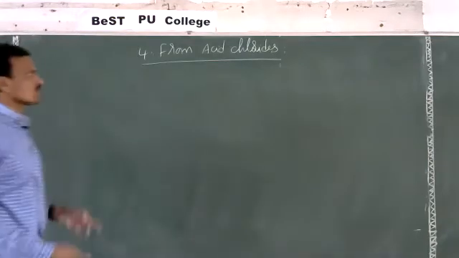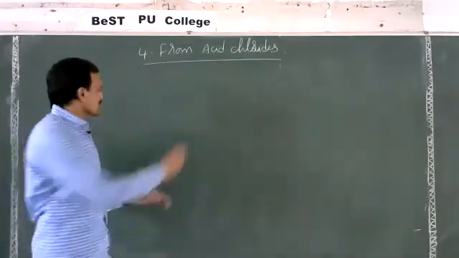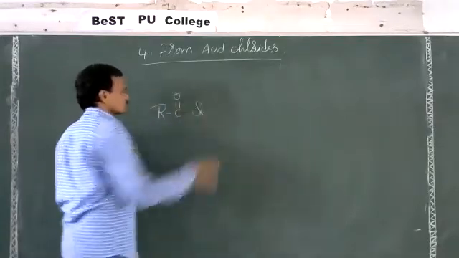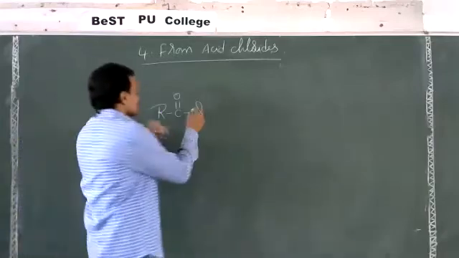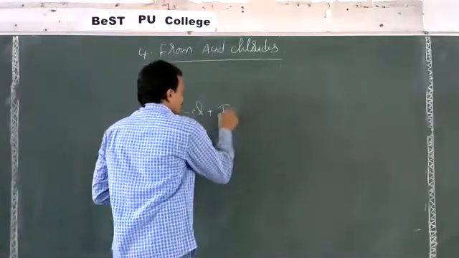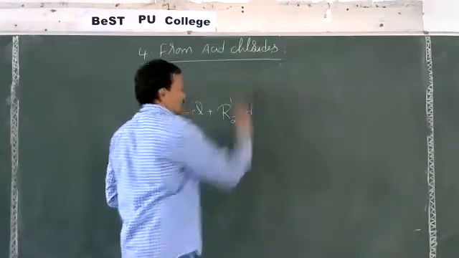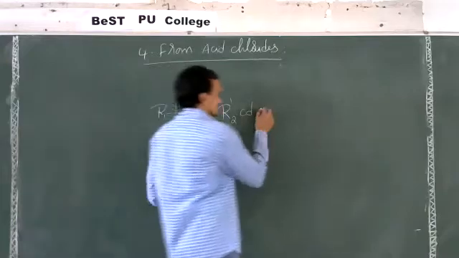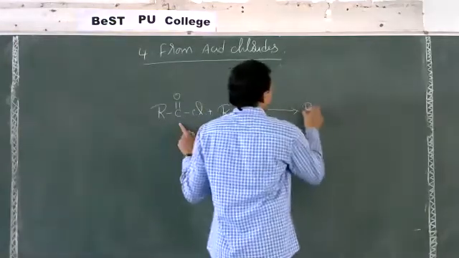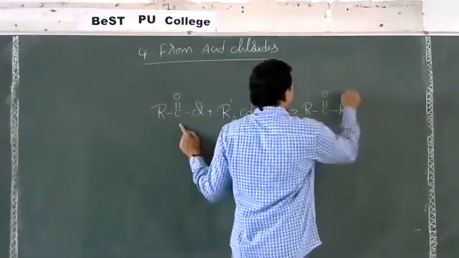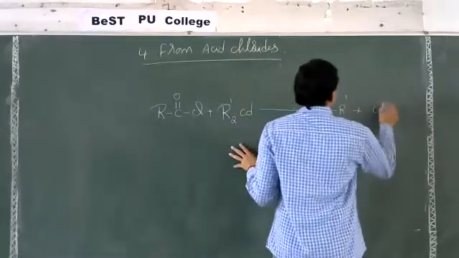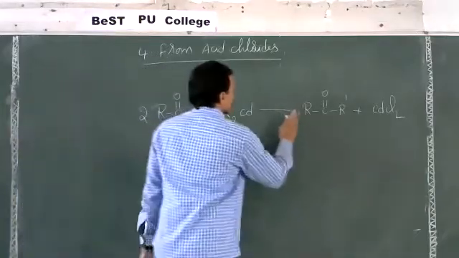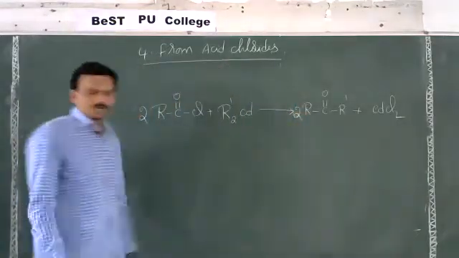Right. So preparation of ketones from acid chlorides. Acid chloride, RCOCl. When these acid chlorides are allowed to react with dialkyl cadmium, R2Cd, nothing but a dialkyl cadmium, then it gives RCOR' plus CdCl2, cadmium chloride. So for balancing, take 2 here and take 2 moles here. Now the equation is balanced.